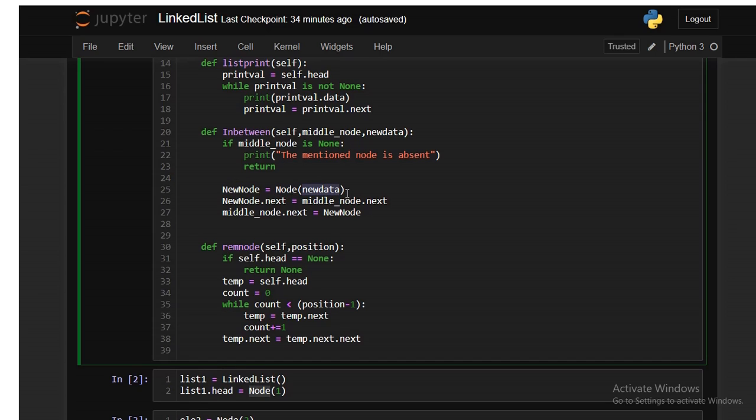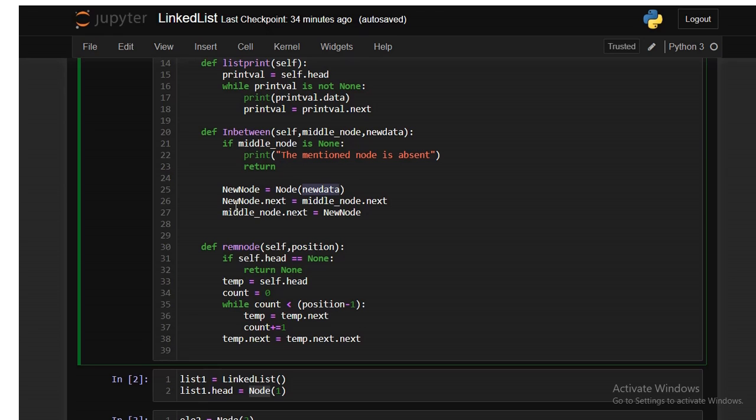You got that one, right? Now a new node has been created whose data value is 3 and whose next pointer is pointing to none. But how to connect the previous node with this newly created node, and how to connect this newly created node to the next node of the existing list? That's what we want to do here, right?